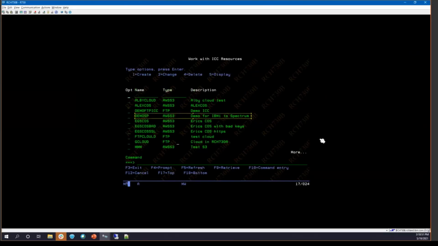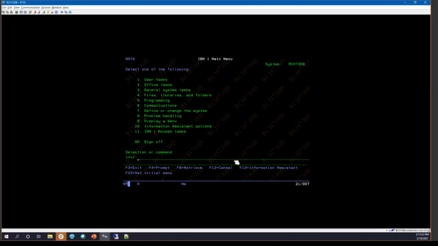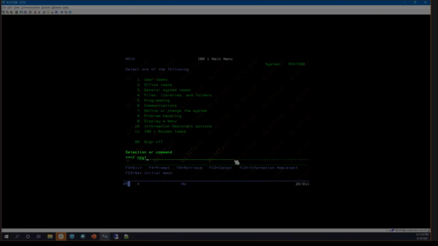Okay, and now we're going to go ahead and copy over a file from the IBM i via S3 to the Spectrum Protect container storage pool. And what we're copying over is the IFS files, also known as your PC files. This will not work for the database files on IBM i. So we issue